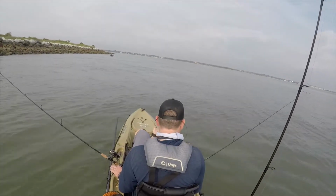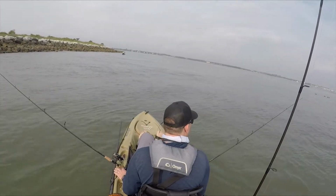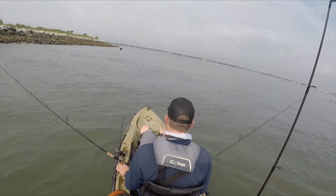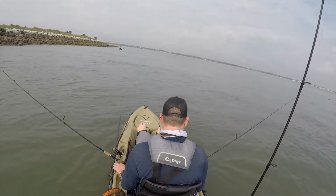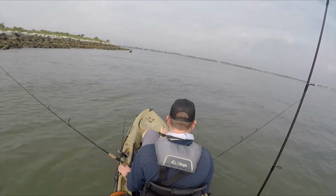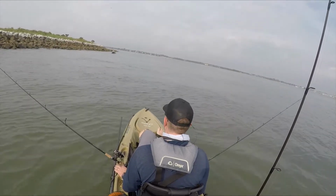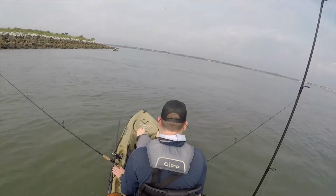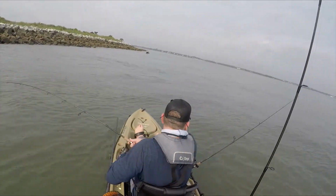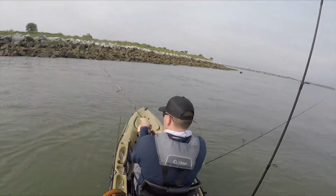So when that bite did shut off, we ended up going over right here. You see to my left the jetties. We actually headed towards the end of the jetties. Got a couple of short strikes, couldn't really get on anything. So as we were making our way back down, because the tide started coming in, to go fish some of the flats, I figured I'd just troll while I'm on my way back. So on the right side, I had the Catch 2000. As you move the Catch 2000 a little bit, it actually digs down deeper, so it probably goes about 3 foot deep. And on the left side, which did get hit, was a Z-Man Diesel MinnowZ, the 4-inch,